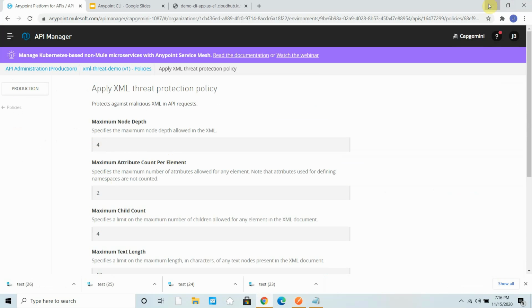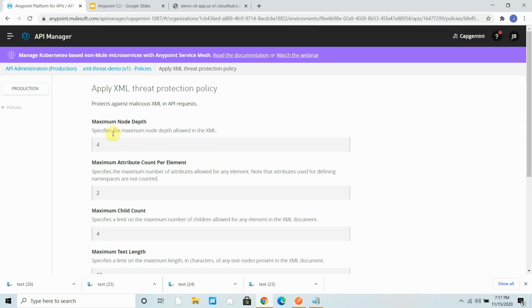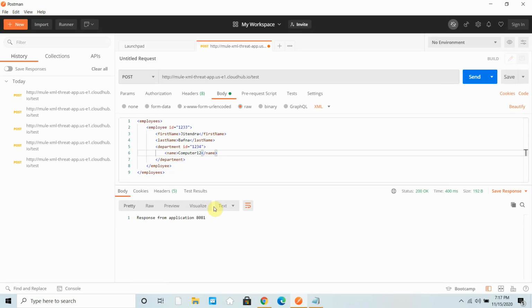Maximum node depth. Currently it's 1 2 3, we have a 4, right? So we have a node depth of 4, 1 2, all these 3 and the 4. So 4 is allowed, right? In case I add one more node depth, up to maximum node depth 4 is allowed. If you try to add a fifth one, let me check, under name, if I add some